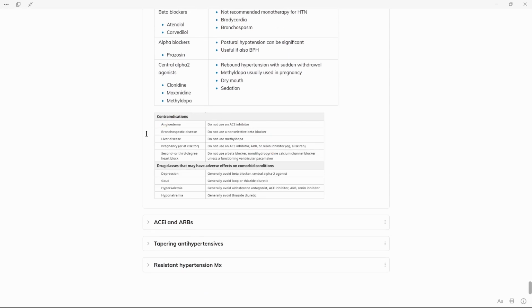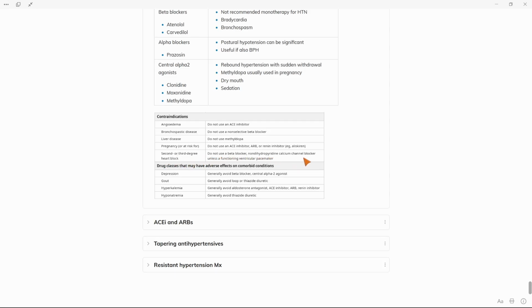So here are some contraindications from UpToDate. So angioedema, we don't use an ACE inhibitor. Bronchospasm, we do not use a non-selective beta blocker. If the patient is at risk of pregnancy, sounds like pregnancy is a disease, but if the patient has a possibility of being pregnant, then we don't use an ACE inhibitor or an ARB because they are teratogenic. If the patient has heart block, especially high degree heart block, second degree type 2 Mobitz or third degree heart block, then we don't use a beta blocker or a